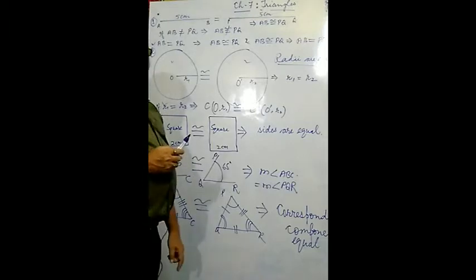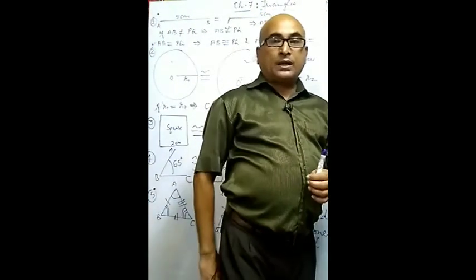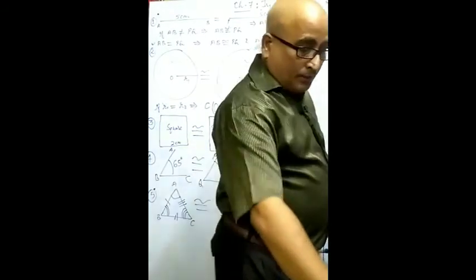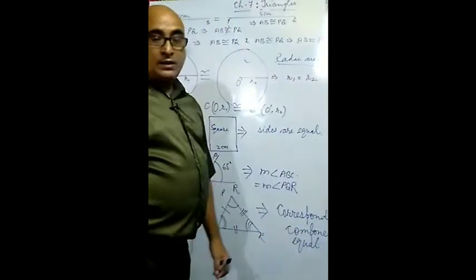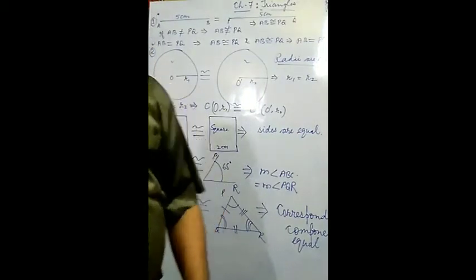Similarly, it is the turn of triangles. Two triangles may be called congruent if their corresponding components are equal. Corresponding components. How many components are there in a triangle? Now we have to study in detail about the components of triangles. So this is in our portion and we will study it in detail. How many components are there? You may have been taught in previous classes.